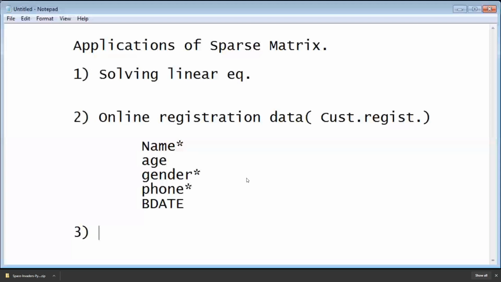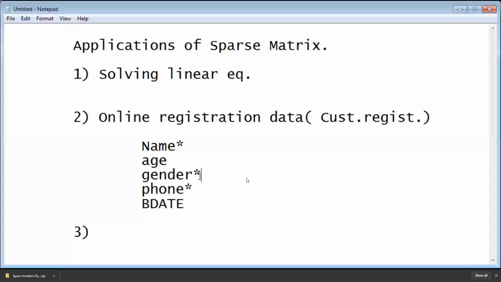Consider Amazon, for example. If gender is mentioned as male, your phone or your Facebook will come with all the information of male products, like t-shirts, whatever men usually buy. If gender is mentioned as female, jewelry and different types of clothes come. Depending upon this, they are considering only the important data. They are absolutely ignoring your birthday. They don't want to wish you, right?